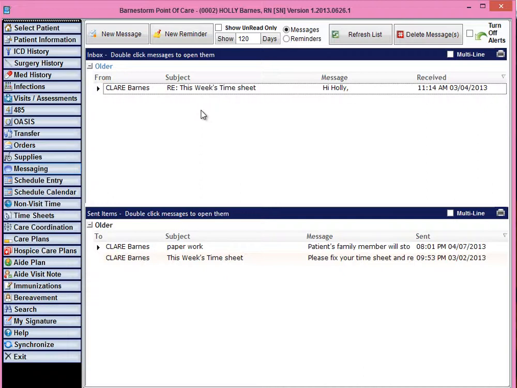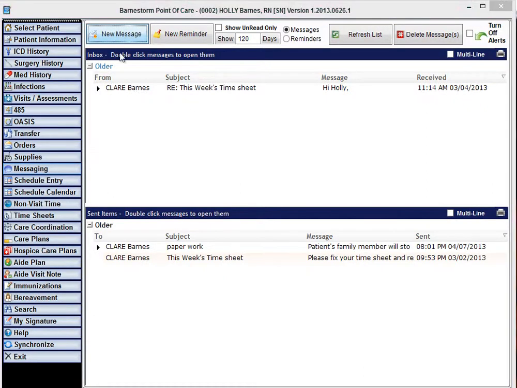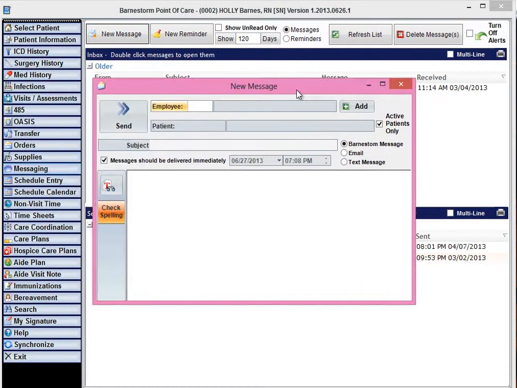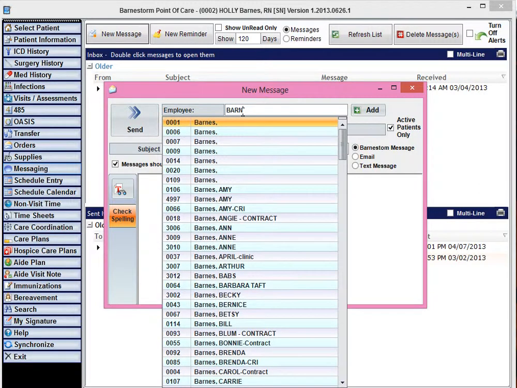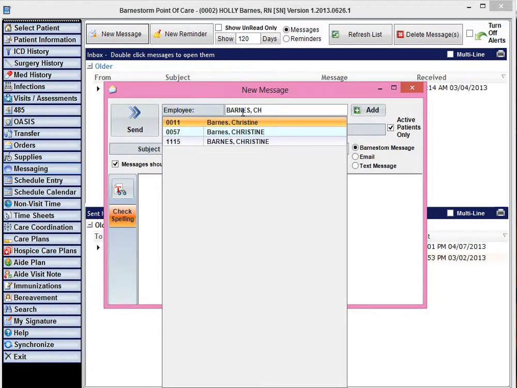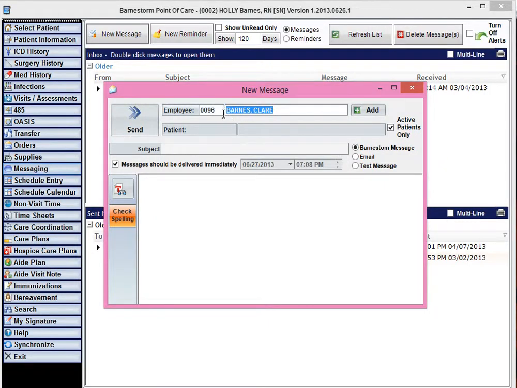To create a new message, click on the New Message button at the top of the screen. And then enter the employee's name or the employee's number. And if you enter in the person's name, just use their last name first. And a list will pop up, and you can choose from the list if there's multiple people with that last